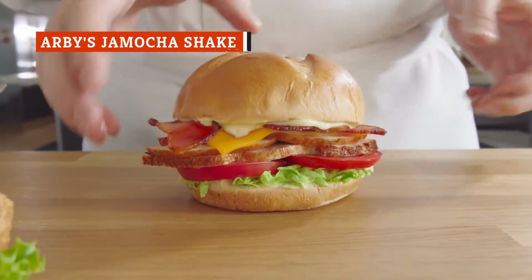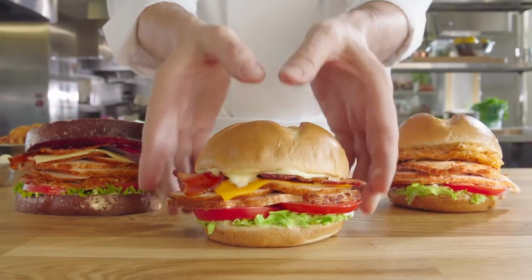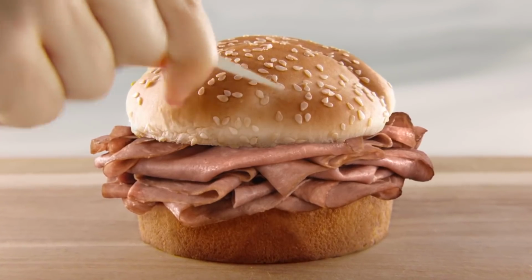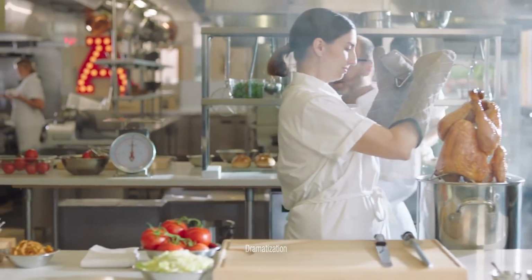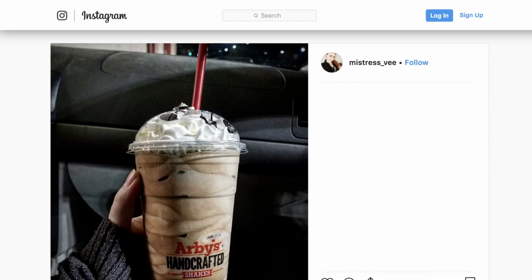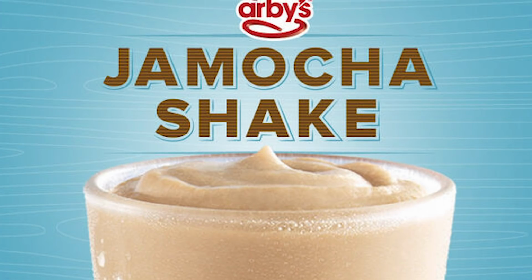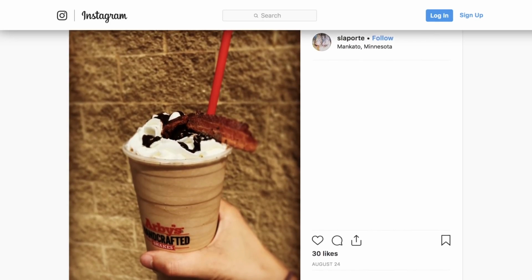People flock to Arby's for their meaty sandwiches, but like any fast food joint worth its beef, Arby's also serves desserts. And it turns out their shakes are a serious contender for best item on the menu, especially according to one anonymous employee, their Jamocha shakes, a coffee and chocolate milkshake topped with whipped cream and chocolate sauce if you're feeling fancy. It's the perfect sweet counterpoint to all that salty meat you probably just had. If you're some kind of monster, you can even dip your bacon in it for the ultimate fast food mashup